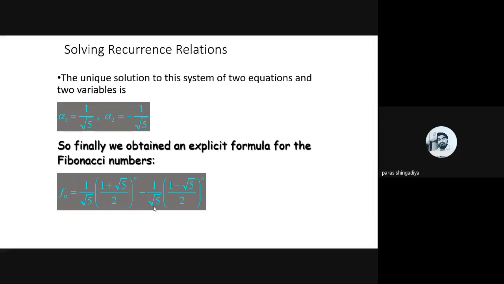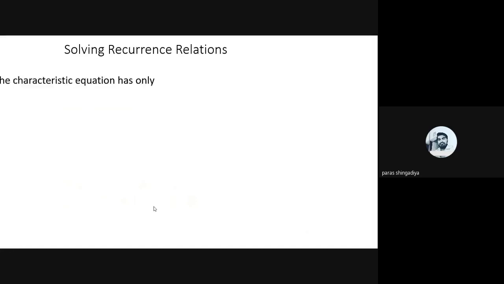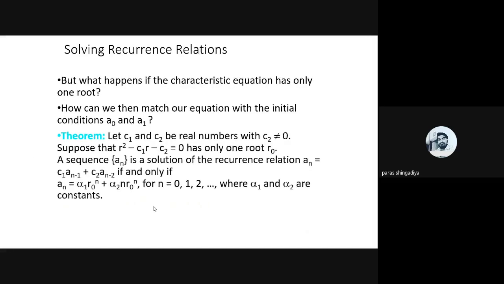Okay. Now, in the third case, if we predict two same roots, for example, if we solve the equation r square minus 4r plus 4 is equal to 0. So what does it mean? It is (r minus 2) square is equal to 0, and here we get one unique root, means 2, 2, and that is only a single root there.